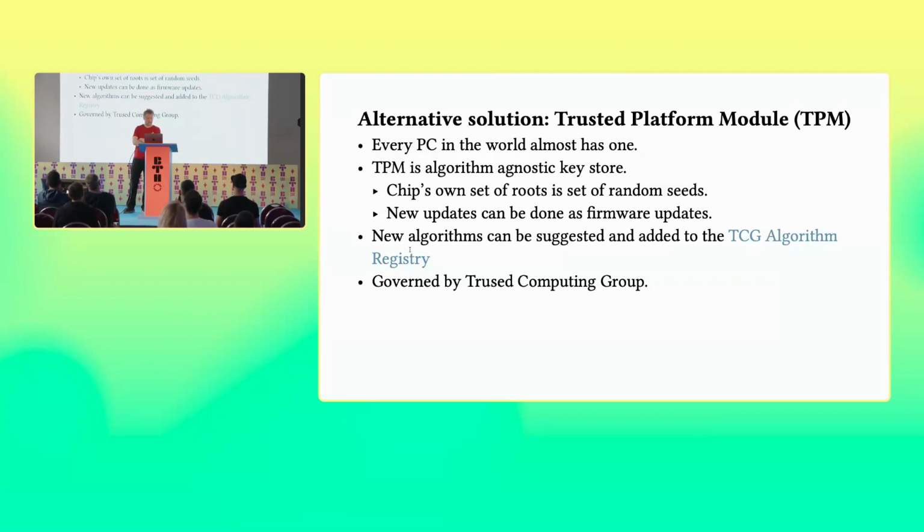It doesn't store any primary key. It actually stores a few random seeds. That way, the Trusted Computing Group can add new algorithms to the standard without changing the hardware. Hardware only needs basically a firmware update. So if they want to add a new elliptic curve type, they first make the decision